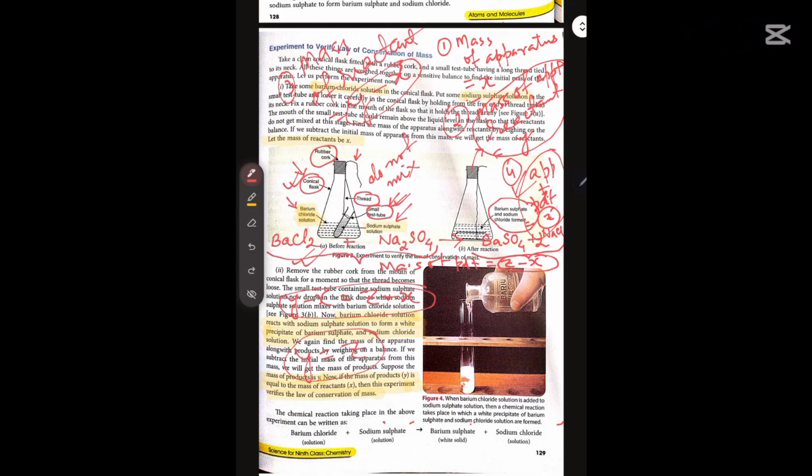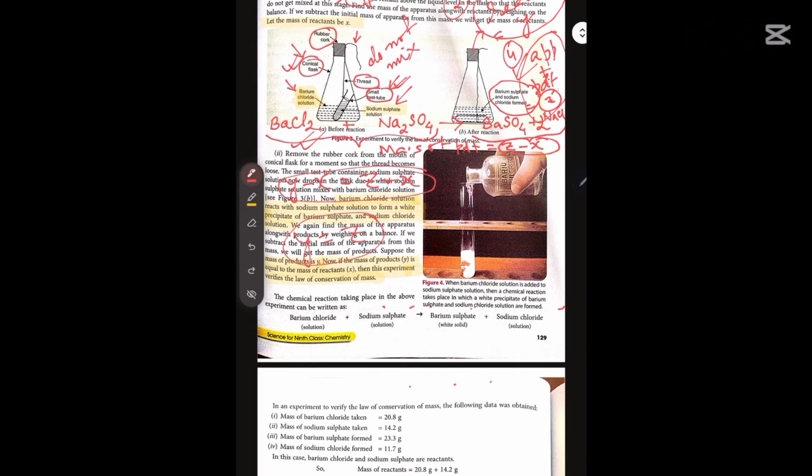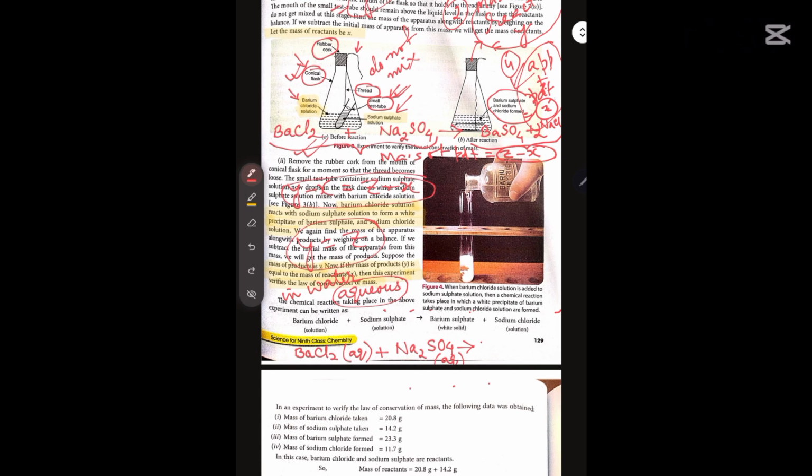Now, next, here we can see what is happening in this reaction. It is the reaction between barium chloride solution and sodium sulfate, giving barium sulfate and sodium chloride. So here again you can practice: write BaCl2 solution. So write aq. aq stands for aqueous, and what does aqueous mean? In water, that is the solution in water, plus sodium sulfate, Na2SO4. Now this is also aqueous, and it forms barium sulfate,